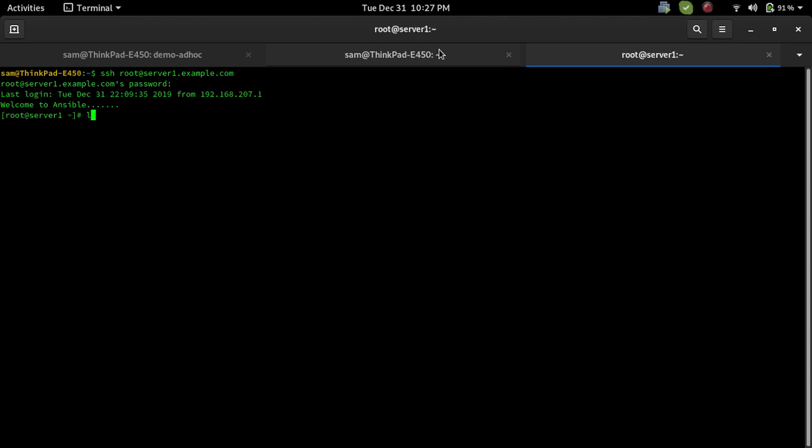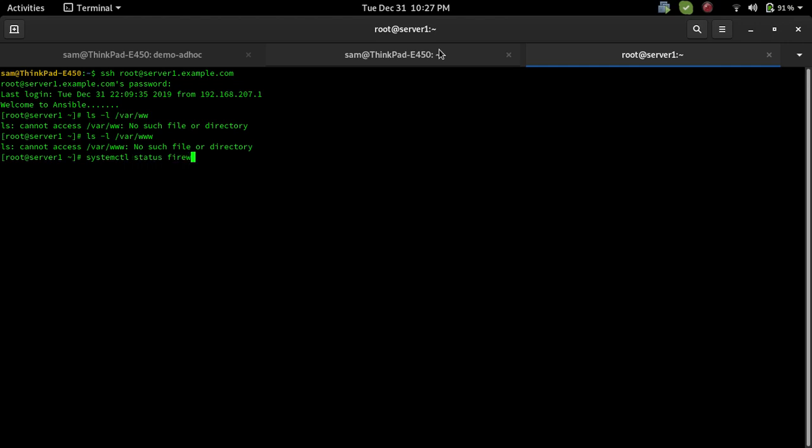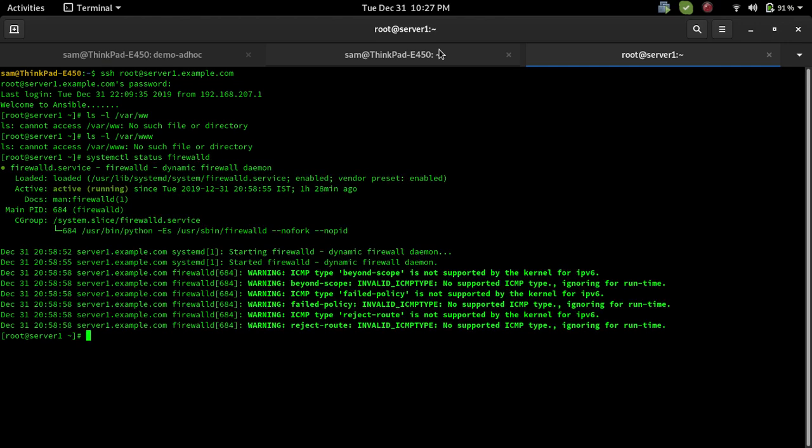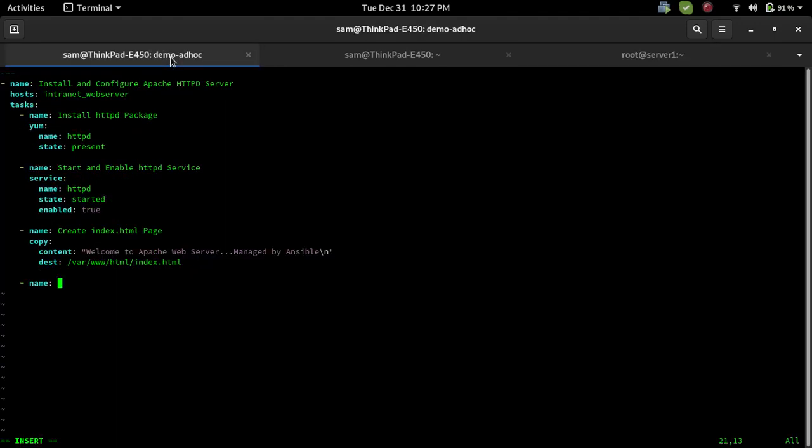You can see there is nothing in www, there is no directory www. Okay, systemctl status firewalld. The firewall is already running, so I'm not going to stop it, I'm going to open the port. So you can put here: open ports for